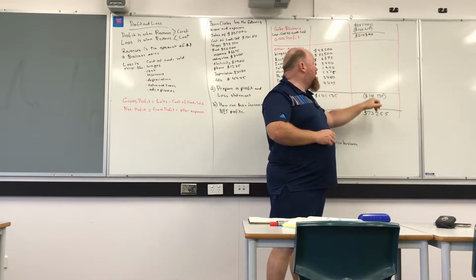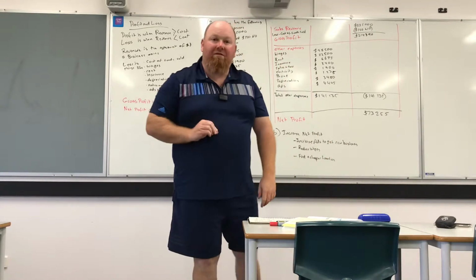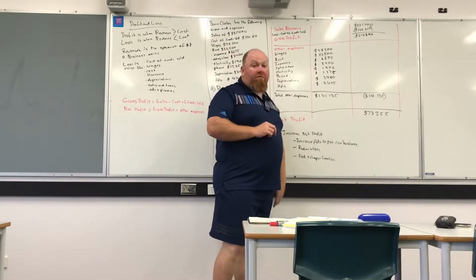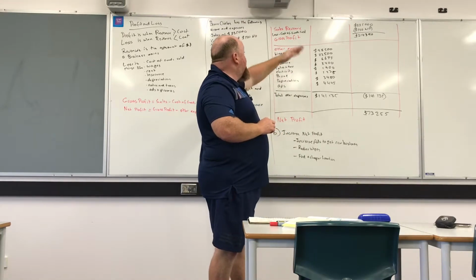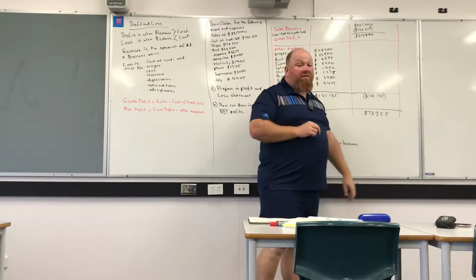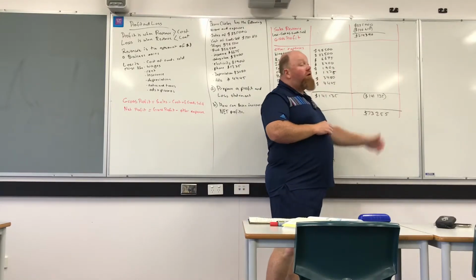You'll notice some of them are in brackets. That's because they're an expense. If they're in brackets, they are an expense. So your sales revenue is $335,000. Your cost of goods sold, which is less, is $120,610. So this is an expense. That's why it's in brackets, making a total gross profit of